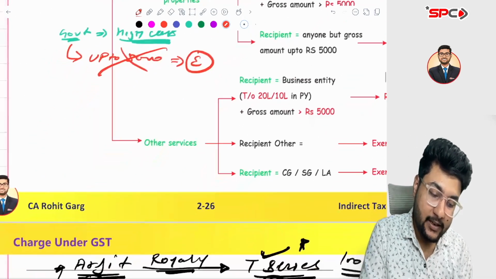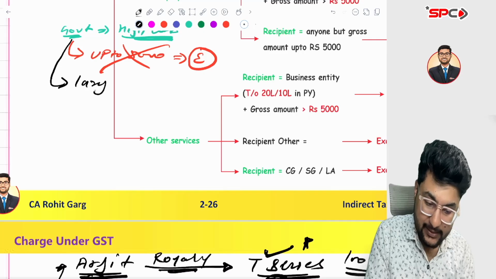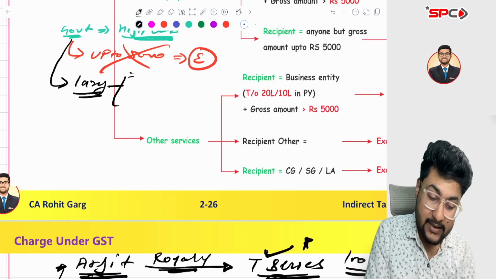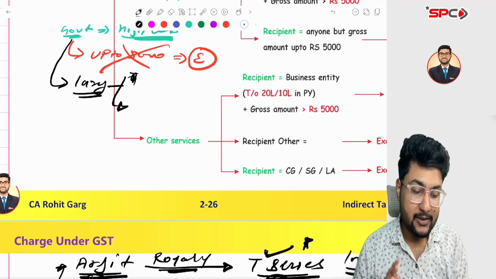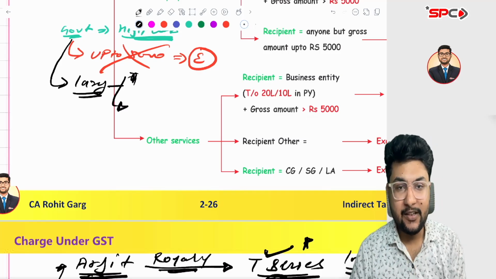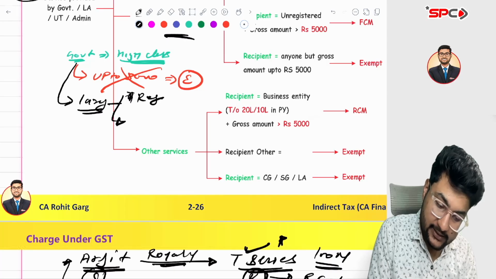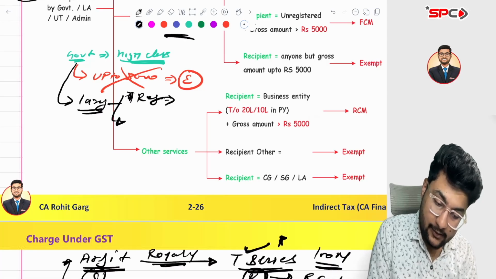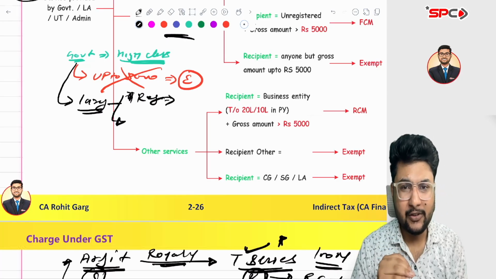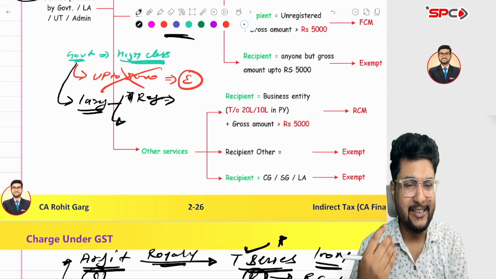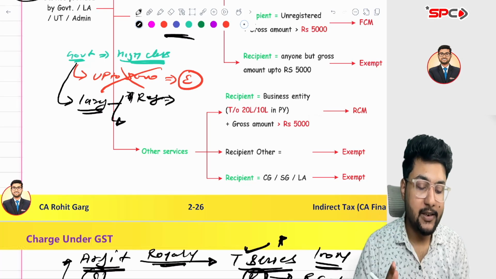And after that, as I have also mentioned, government is the most lazy person. And what does a lazy person do, sir? A lazy person always tries to shift the work to others. So here government did the same thing. They say, if you are registered, then the transaction should be more than 5,000. Up to 5,000, it is already exempt, whether registered or unregistered doesn't matter. But the amount is more than 5,000 and you are registered.